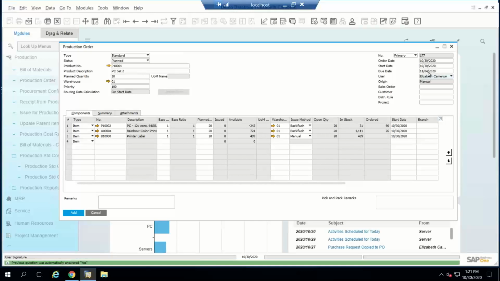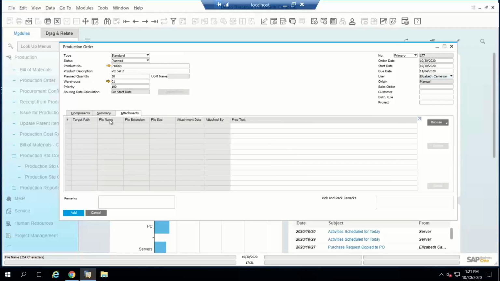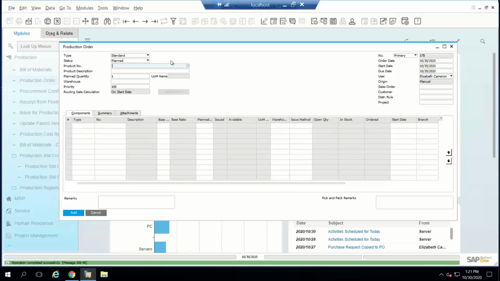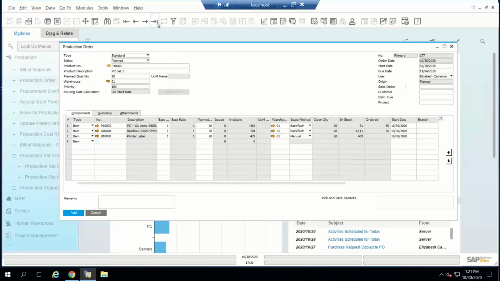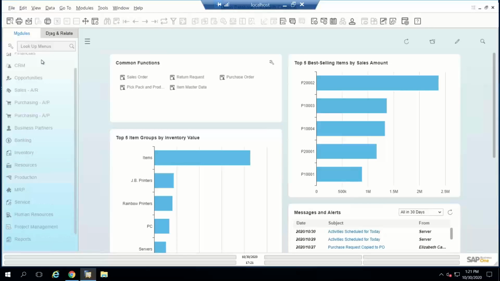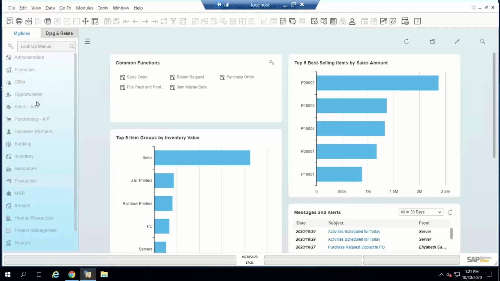So maybe it's due in... and off we go. So now for our make to order clients, what you'll probably want to do is use what's called the